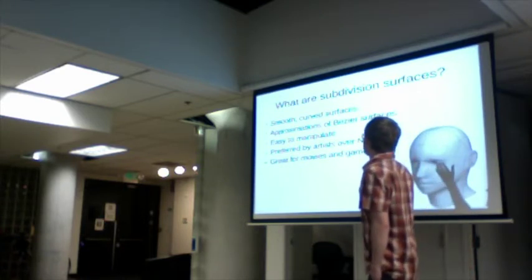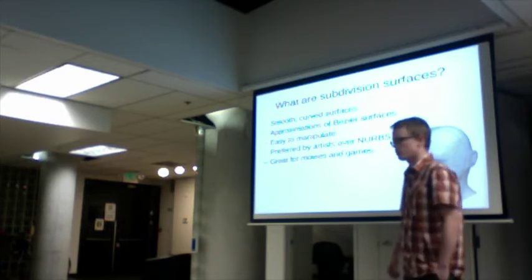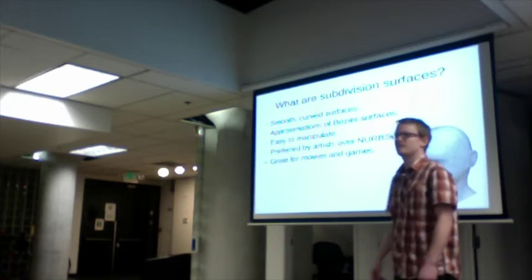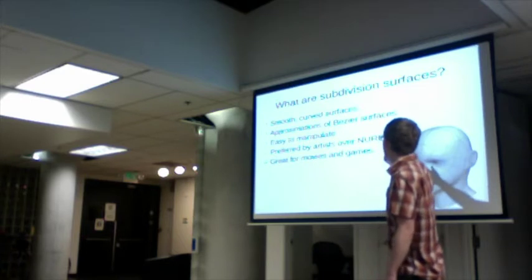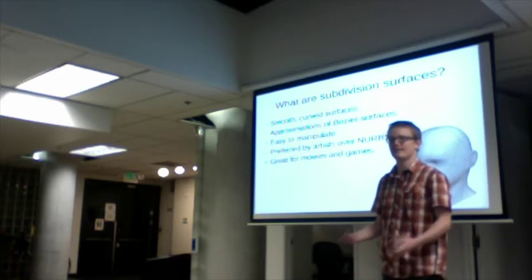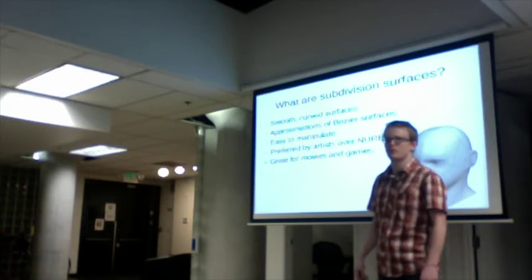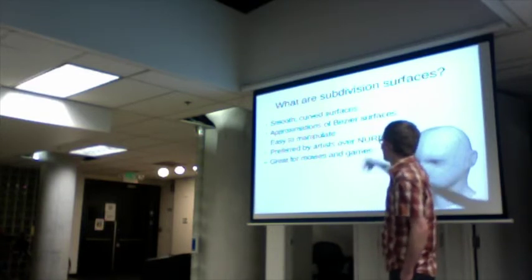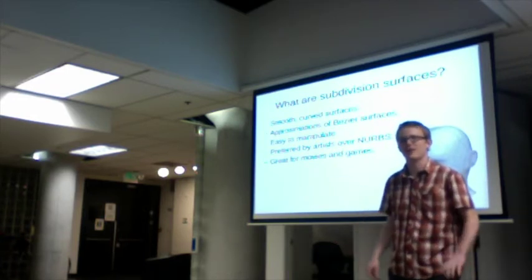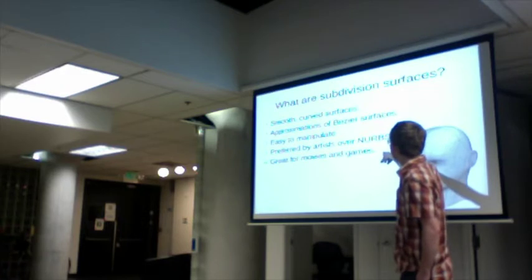Okay, so subdivision surfaces are the current industry standard for smooth surfaces. Mathematically, they actually suck, but it's much easier to code them, and especially it's easier to code them in a way that artists find easy and natural to use. They're actually an approximation of Bezier surfaces, which is why they suck. If you talk to 3D modelers, they'll tell you all about the problems of it. But it's used for movies and games.